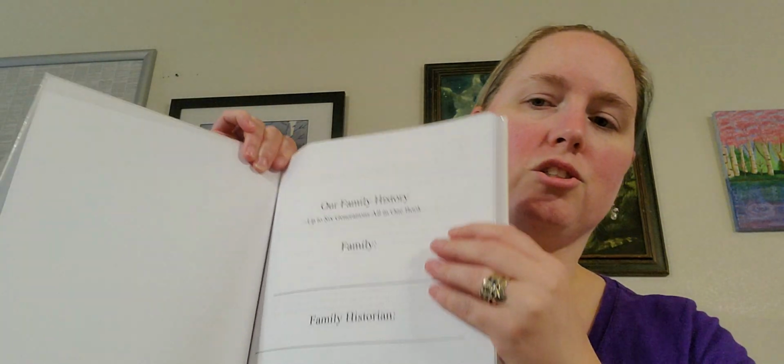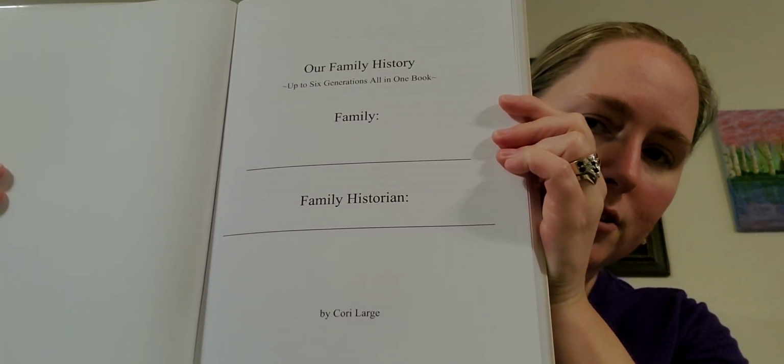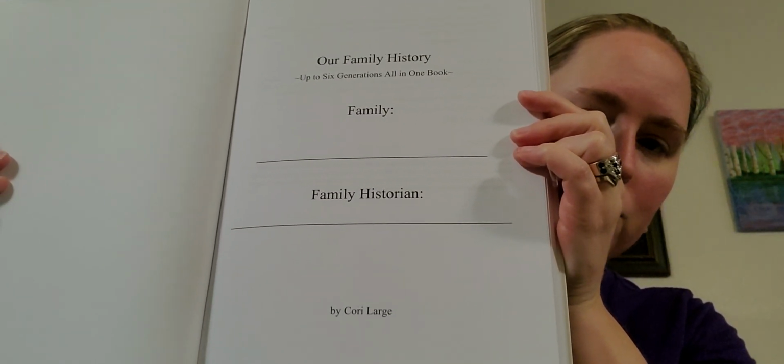It is a hardback. This is like my only hardback so far. And I'm just going to walk you through what it's about. The title page is nice. You can put your family last name and who the family historian is, like who's compiling the information. So like I'm doing one of these for my son, and so I put my name on the family historian part,